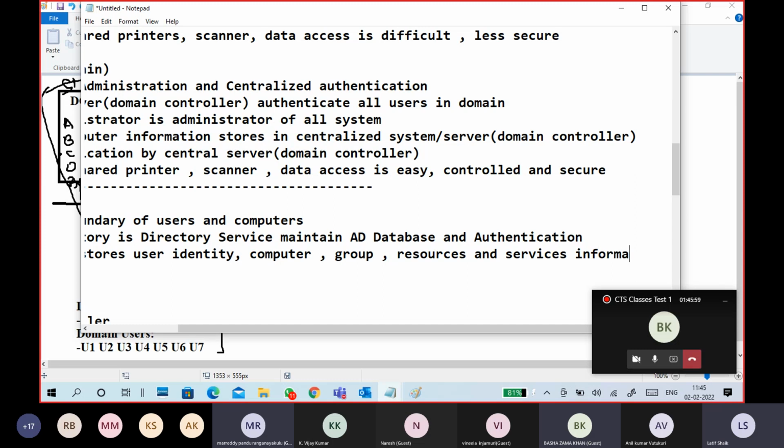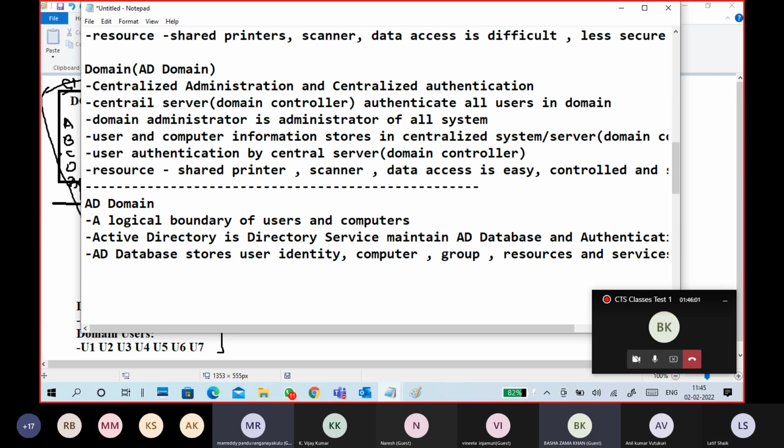So, Active Directory stores the user identity, computer information, like this, and also